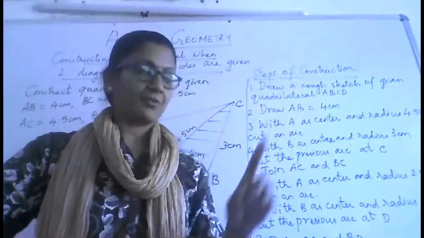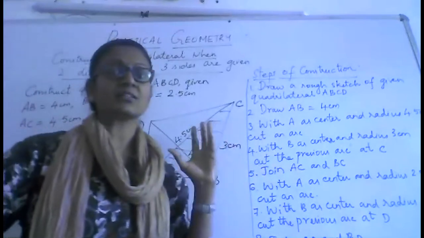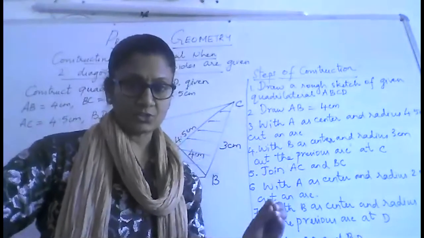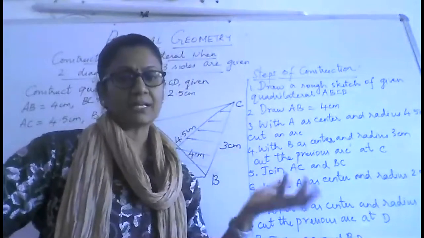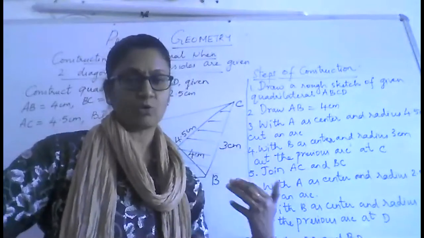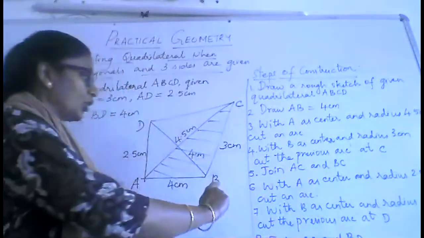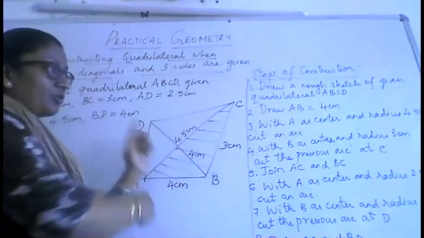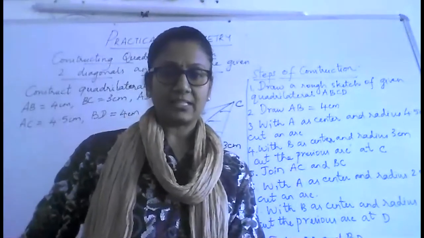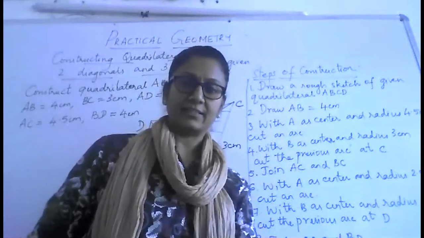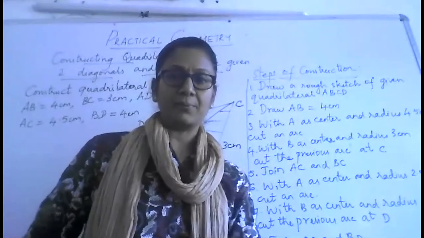So same way, first draw the rough sketch. Using the rough sketch, see which are the 2 triangles for which you have all the 3 sides. Sometimes you may not have all the 3 sides, then also you should be able to locate which is the triangle. So accordingly, you will have to flip or rotate your quadrilateral so that you get 3 sides of one triangle and 3 sides of another triangle. Alright. So this you should be able to complete on your own.